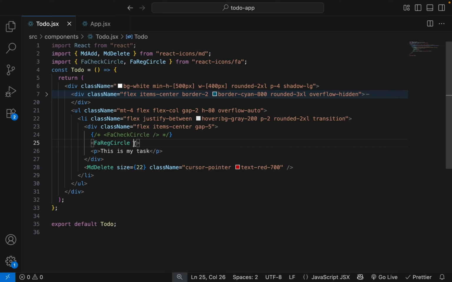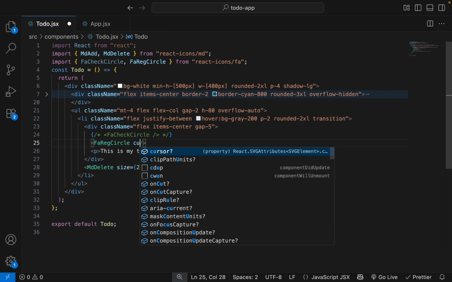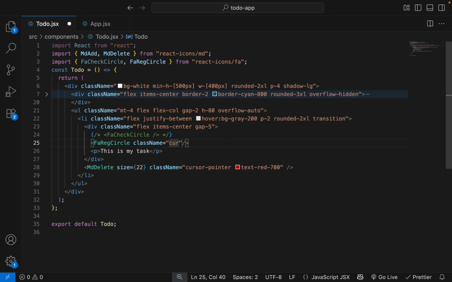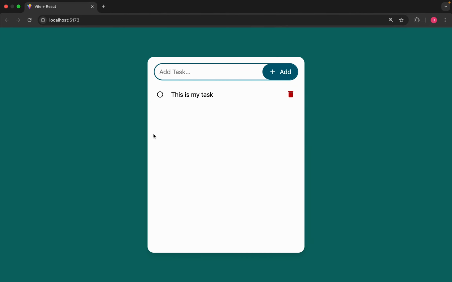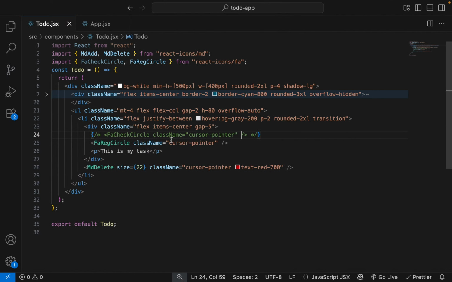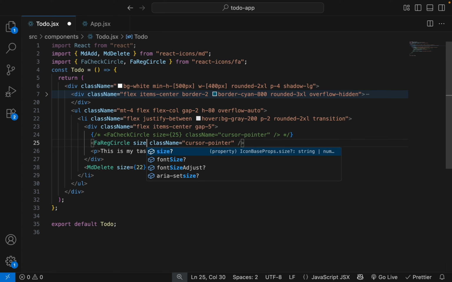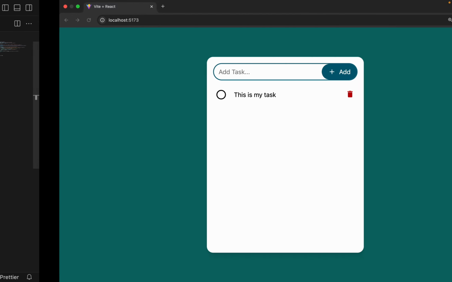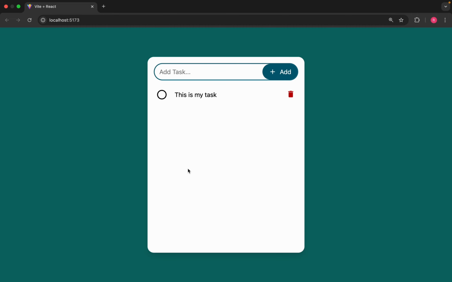Let's add some classes to the circle icon. className cursor pointer, size 25. So our app UI is ready.